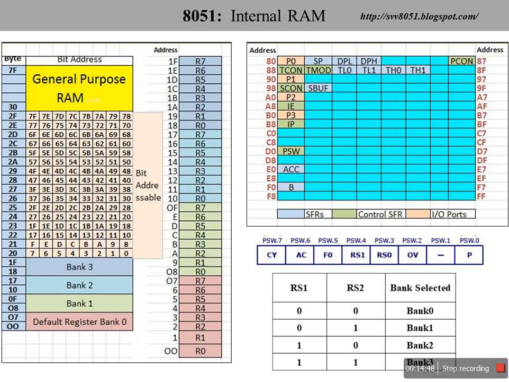See, this is again the details of internal RAM. On this side you see the addresses, right? And here the default bank is 0. Then above this we have bank 1, bank 2, bank 3. These are the bit addressable locations. So 20 to 2F are bit addressable memory. Here a single bit can be accessed separately, this bit can be accessed separately,